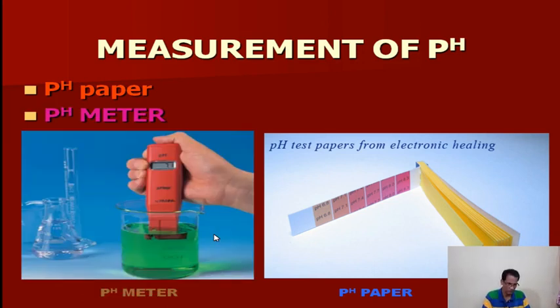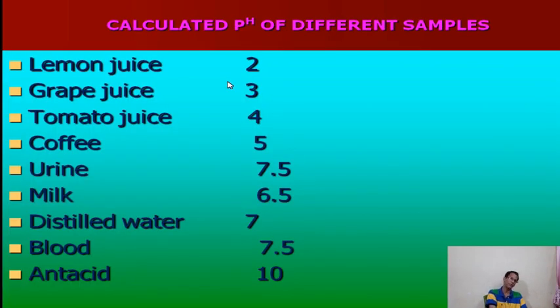Similarly, another instrument is the pH meter. By using a pH meter, we can also determine the pH value of a solution. It is digital. You see here it is showing 7.1. When it is dipped in the solution, it shows the pH value digitally. This is called a digital pH meter. Like this, nowadays we determine the sugar in the blood using an instrument. Similarly, the pH of a solution can be determined using a pH meter and pH paper. But a pH meter is more accurate than pH paper.